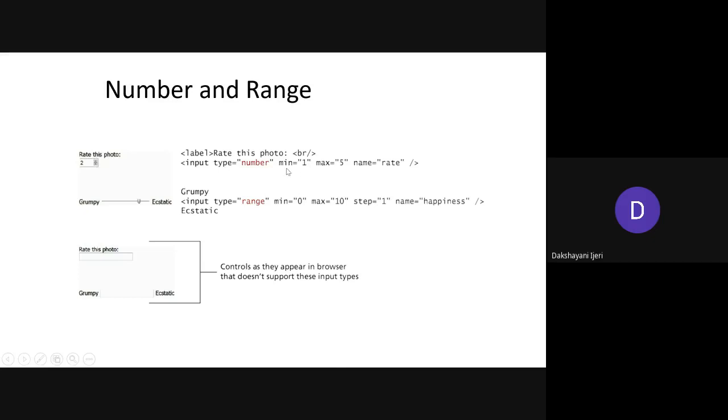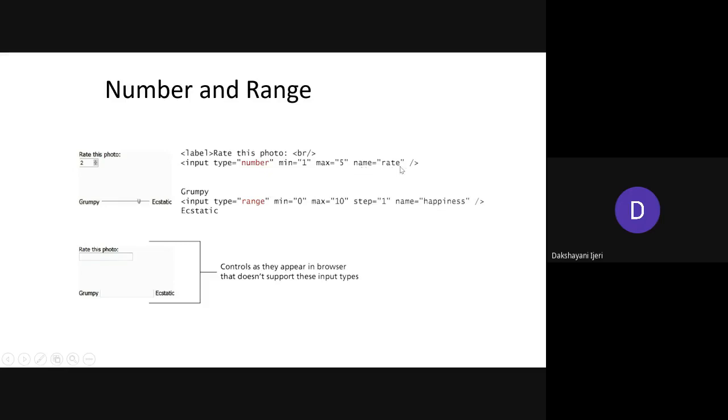You have to give the minimum value as well as the maximum value. In this example you can see the minimum value is 1 and the maximum is 5. That means you are restricting the user to give input only within this range. At minimum, he can give only 1, and at maximum, the user can give only a value up to 5. Correct. Following that, you have the name attribute, which is required for every input, with a value of your choice.